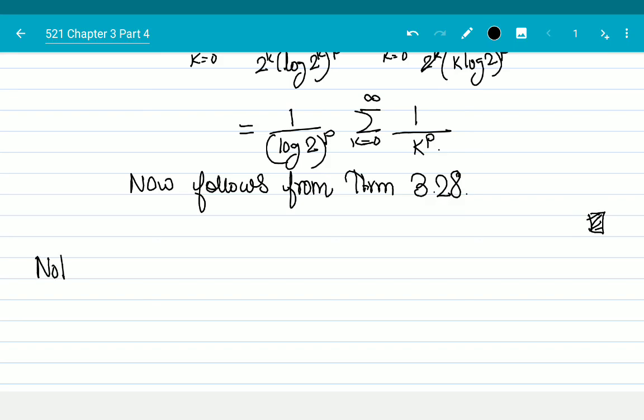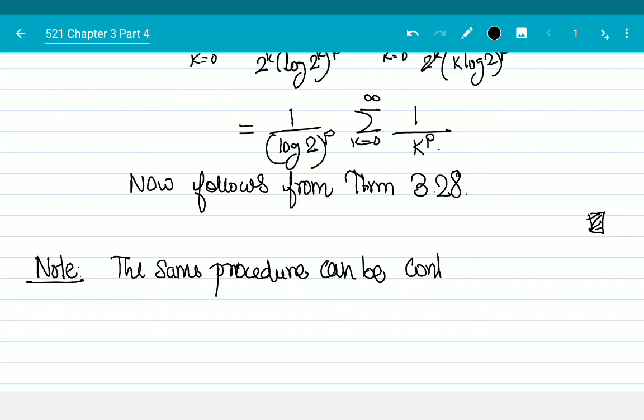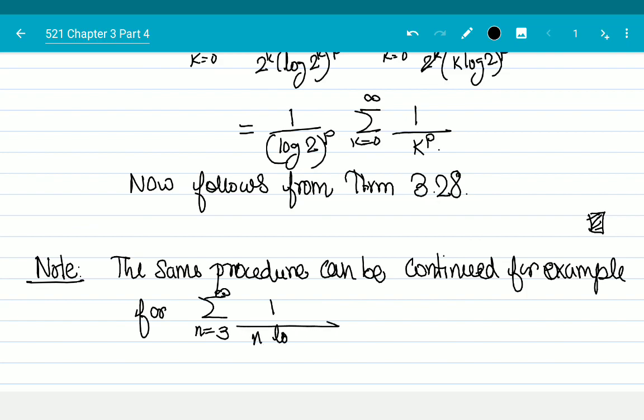Note, we can use the same procedure, it can be continued, for example, for summation n is equal to 3 to infinity 1 over n log n. Okay,